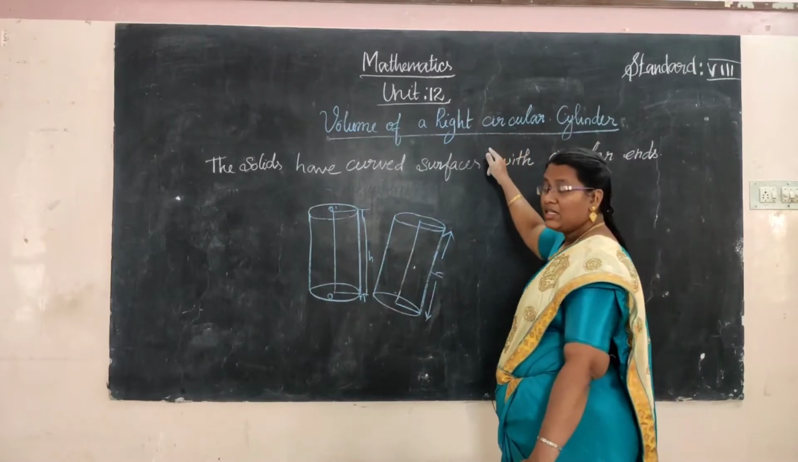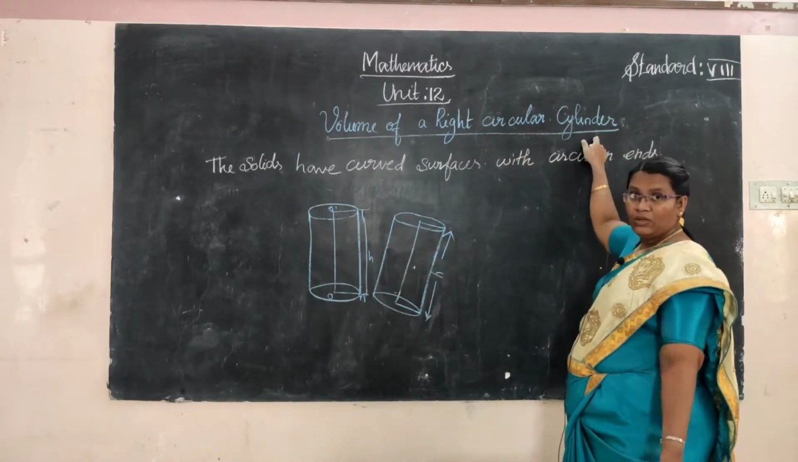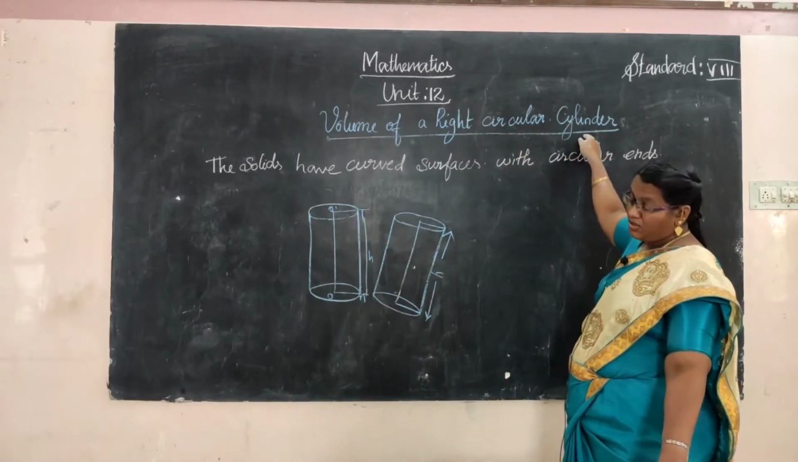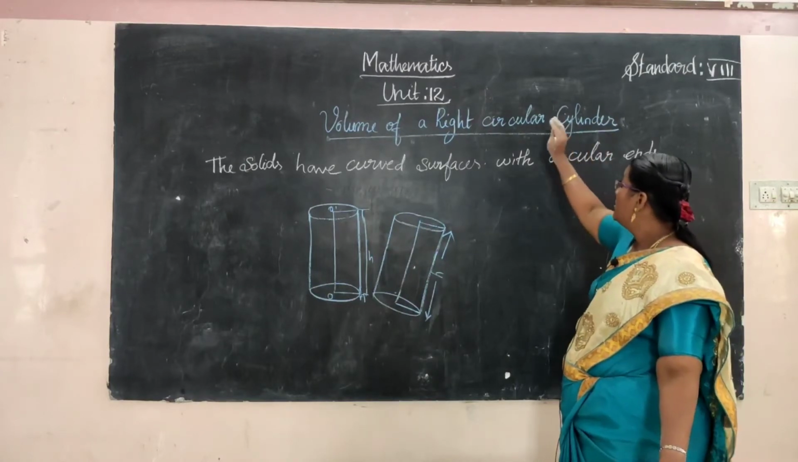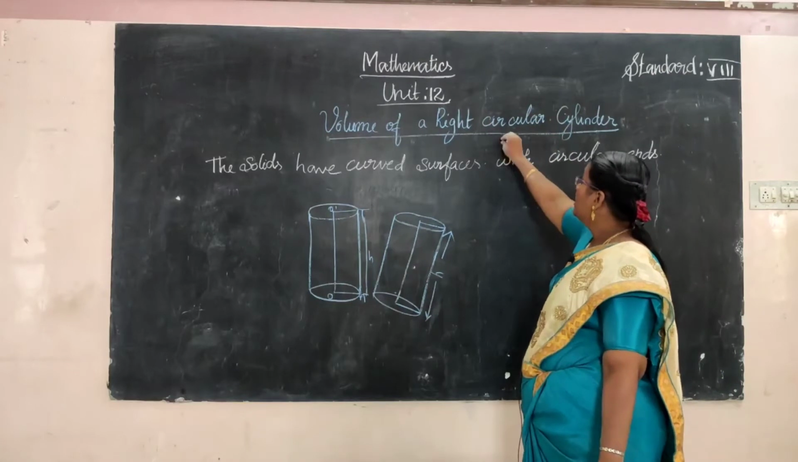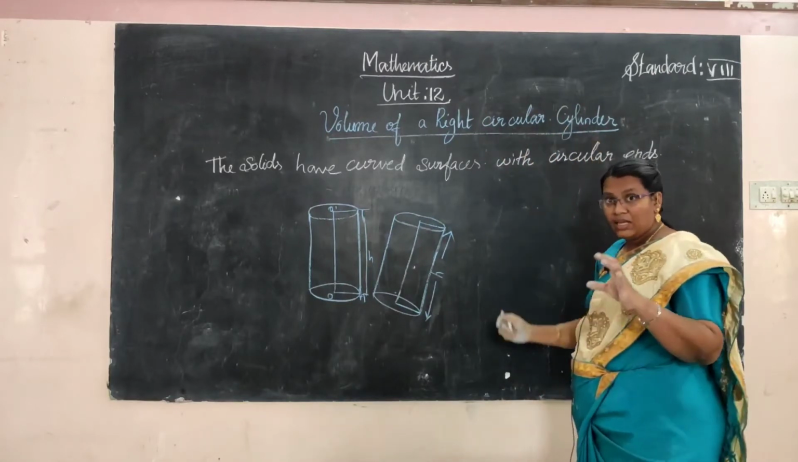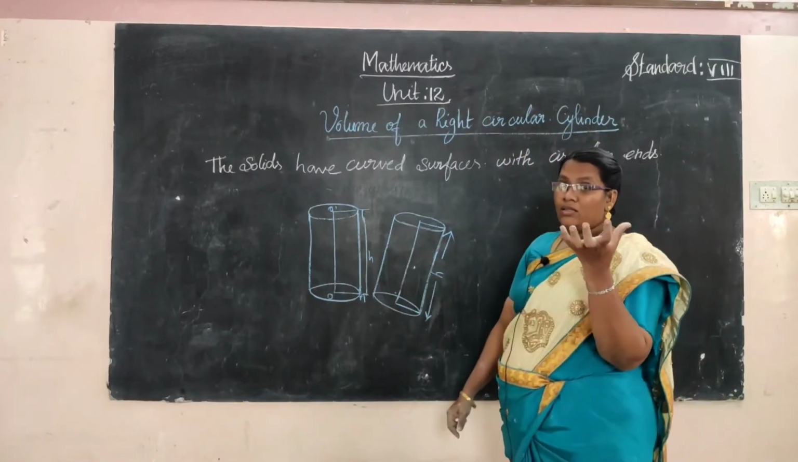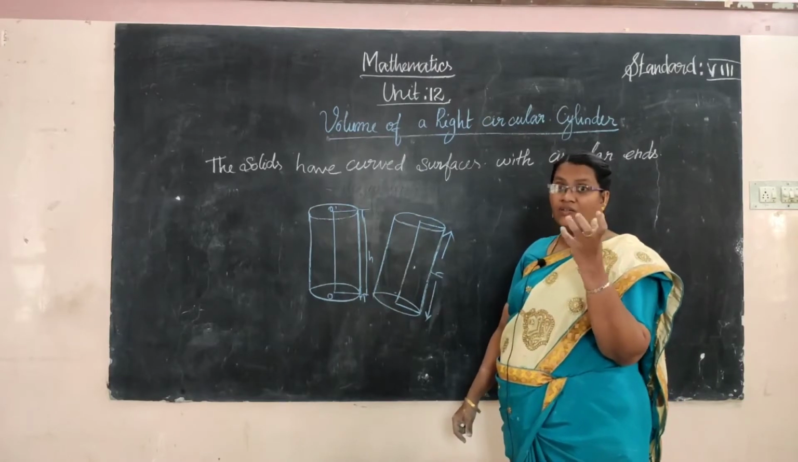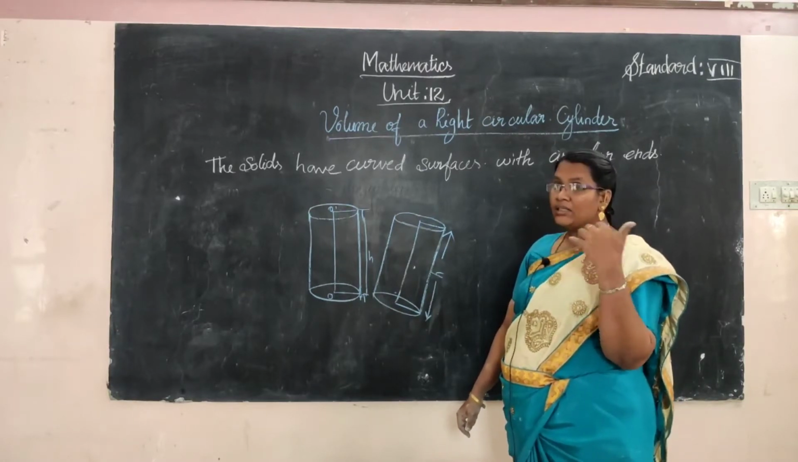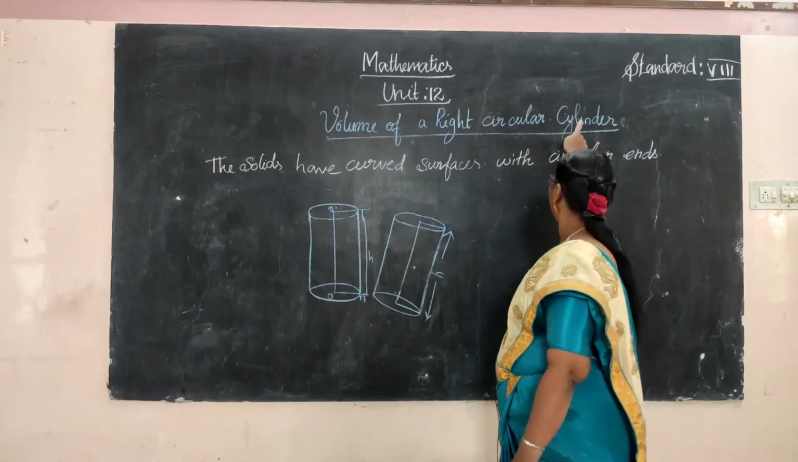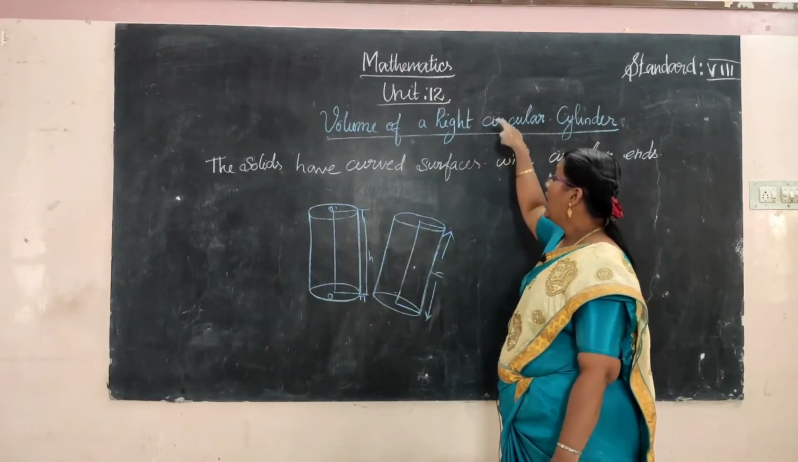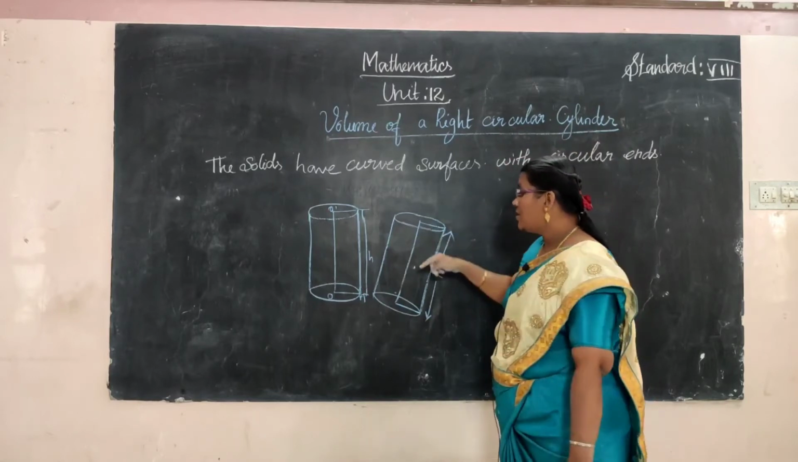Do you understand? The cylinder, everyone knows, is one of the solid shapes. A circular cylinder means its end has a curved line. Okay, it's a curved line, so it is called the circular cylinder. When we say right circular cylinder,